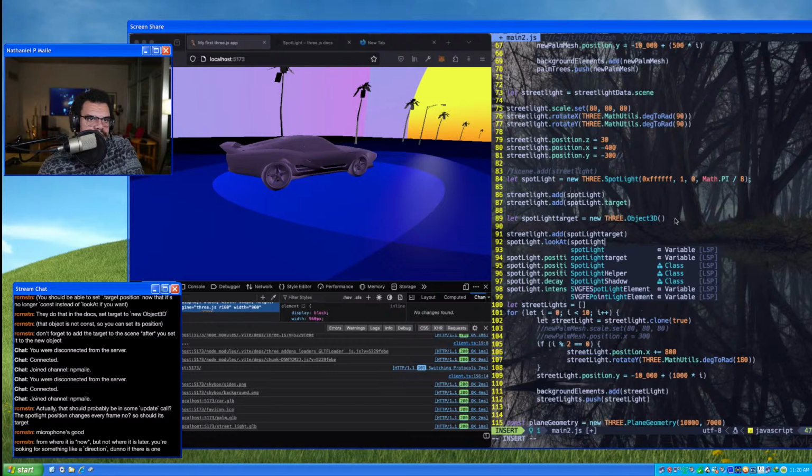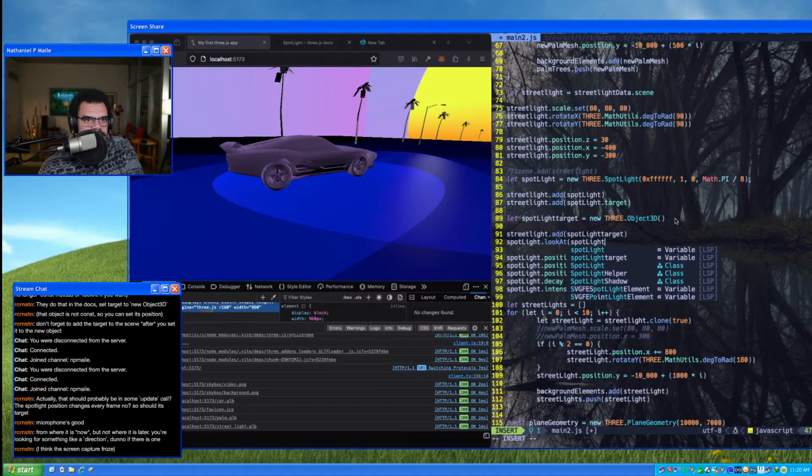So I'll do let the street light frame equal that. And then I'll say let street light equal spotlight dot clone, and then what I'll do is street light frame dot add